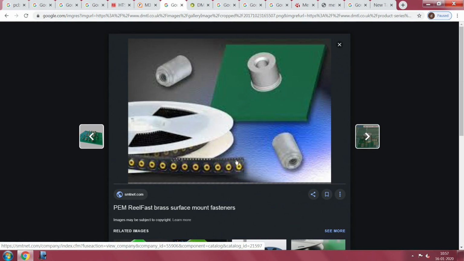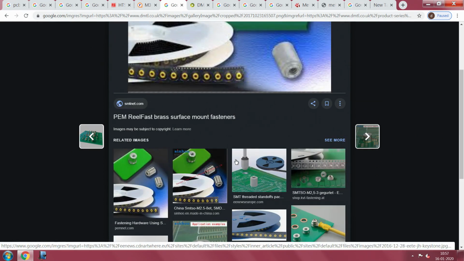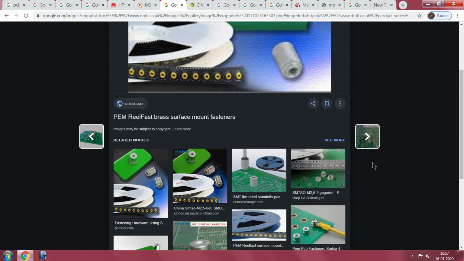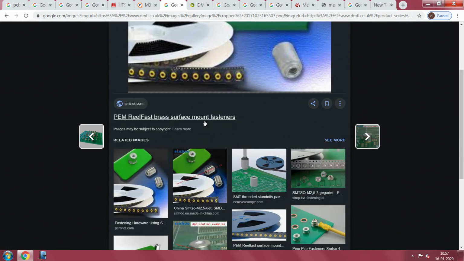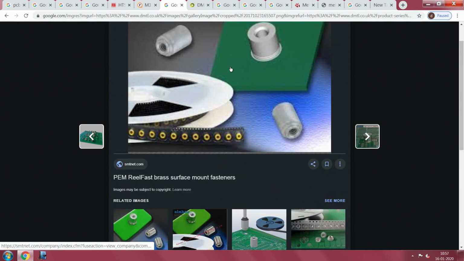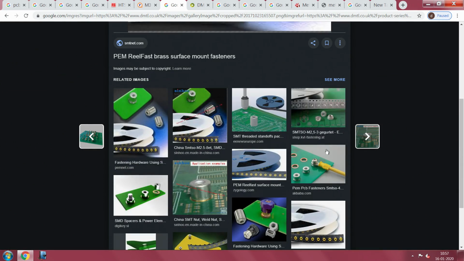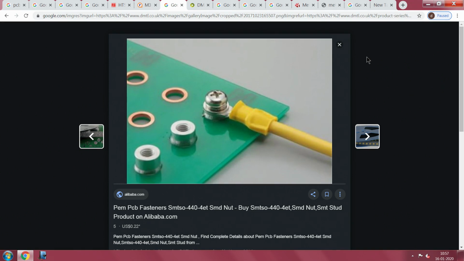Fast reel mounted standoffs are available like this. So, it looks like equipment has been either modified or the things are available, by which if you specify these things they get mounted easily, and whenever you need to take connections, see here, there is a surface mounted nut also.